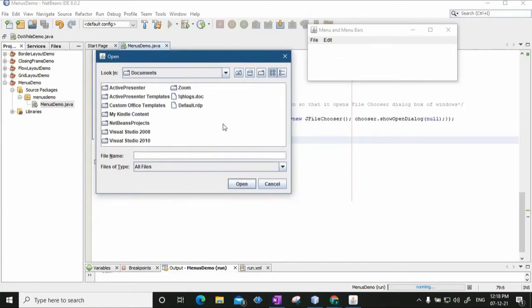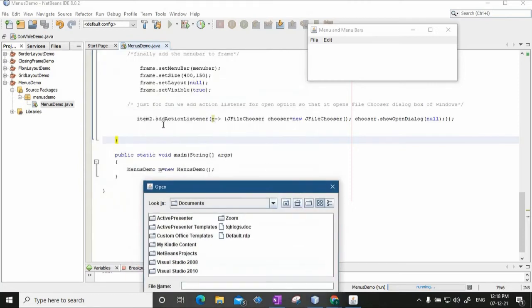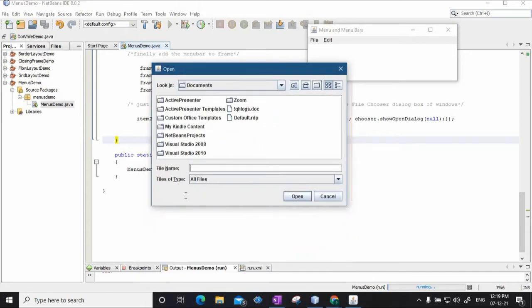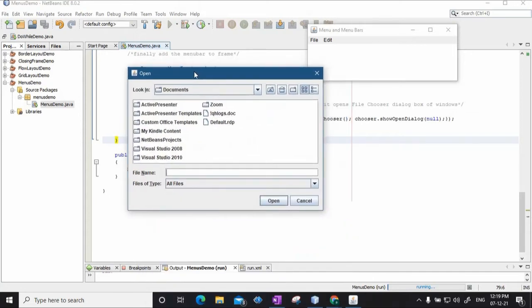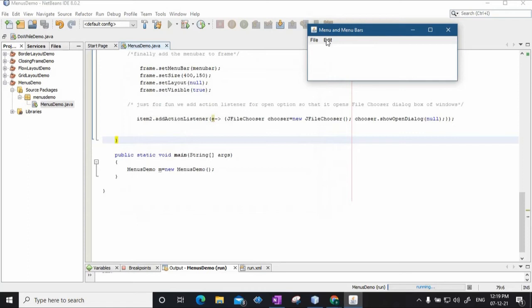This is called the open dialog box. Why is this open? Because the moment the action listener listens to the event that the open menu item is clicked, it takes the action. What is the action? It creates a chooser object. The chooser object in turn calls the method showOpenDialog, and that's how this open dialog box gets opened.